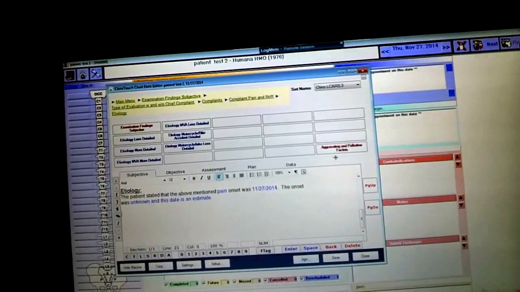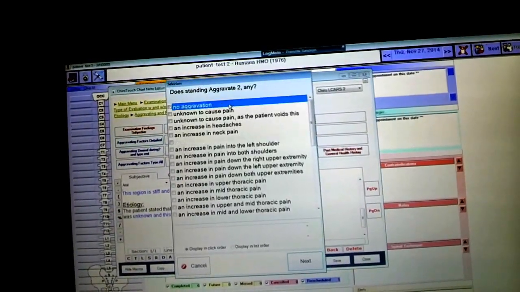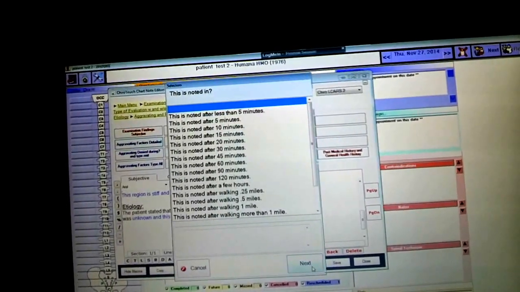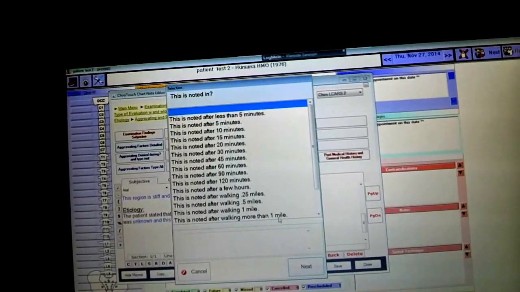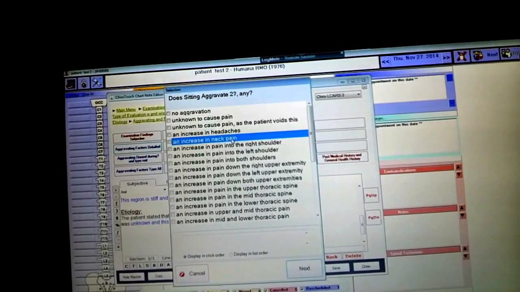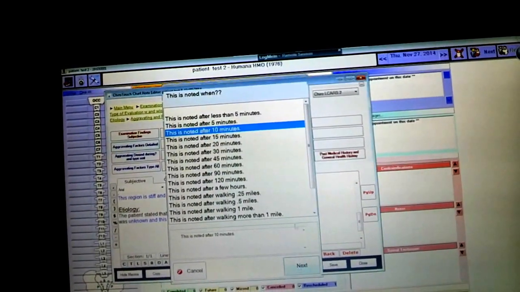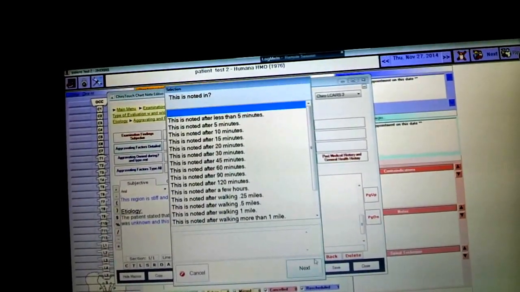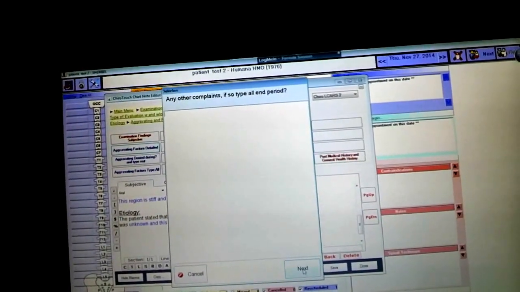From there, we're going to go to the far right and go under aggravating factors. We can ask him if standing causes aggravation. He's going to say no. We're going to say that walking doesn't cause any aggravation. He's going to say no. We're going to ask if sitting causes any aggravation. We're going to say sitting causes an aggravation in the neck pain, and this is noted after about 10 minutes. We're also going to say that bending doesn't affect this. And then again, if there's any other additional information, we can type any other comments here and then end it